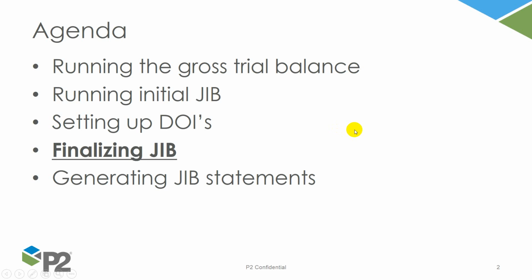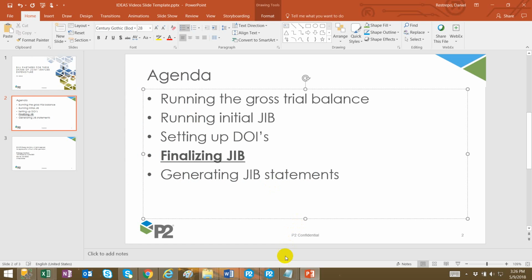In the prior video, we saw how to set up the DOIs so that data that is not being selected by the initial JIB process does get selected. So after we set up those DOIs, reset JIB and rerun initial JIB, what we should do next